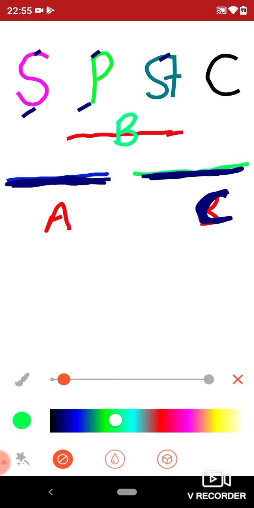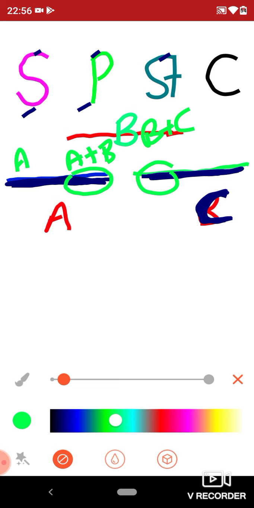So sepals will only be made from the A. The petals will be made up from A plus B, because below the petals there is a region of the B as well as the A, this common region. The stamens are formed by the B plus C, whereas the carpels will only be formed from the C. This you can understand easily, that petals and stamens require two genes, A plus B as well as B plus C, but sepals and carpels are formed from a single gene, that is the A, as well as the C in the case of the carpels.